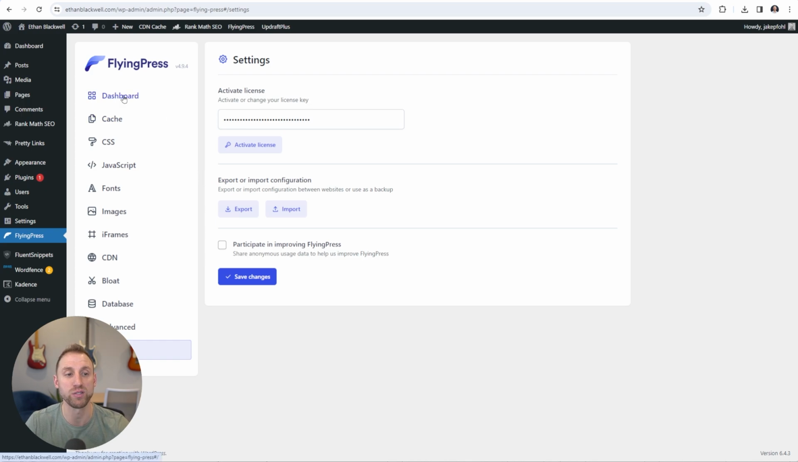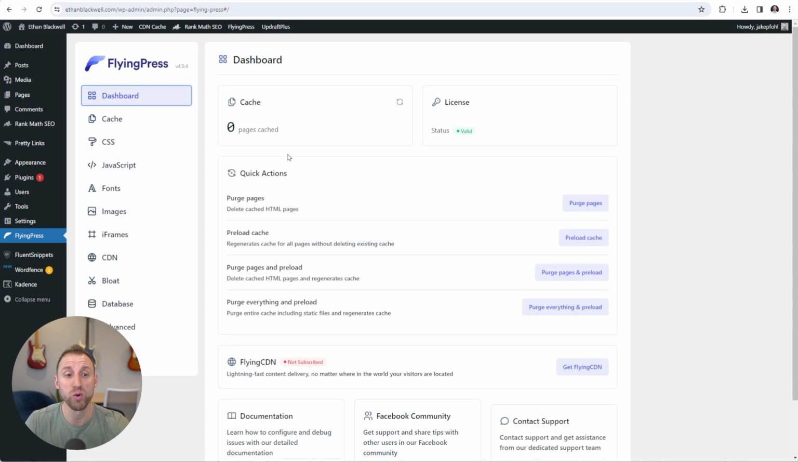So I'm first gonna go to the dashboard tab at the top here. So this dashboard tab is pretty self-explanatory. It tells you the number of pages that are cached. It says that our license is valid since we just activated it. And then there are a few options here if you want to delete the cached HTML pages, if you want to preload your cache, if you want to purge the pages and preload your cache,